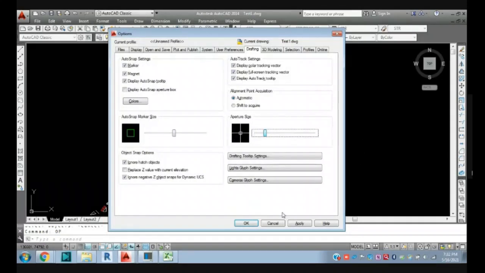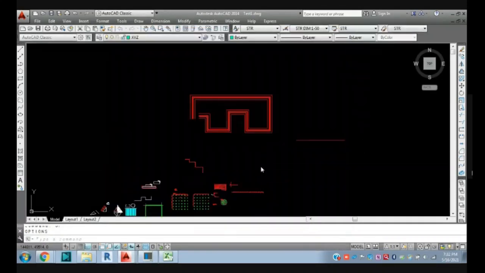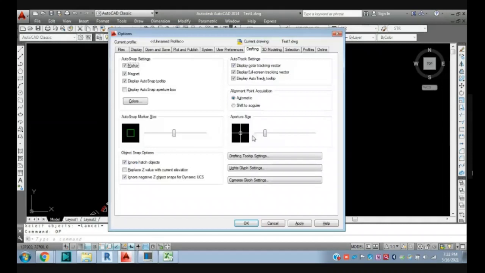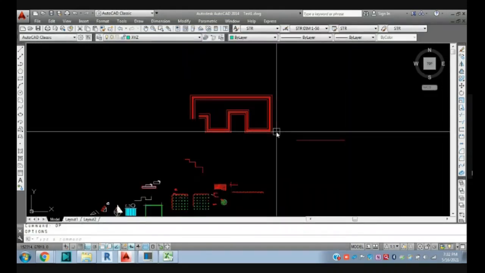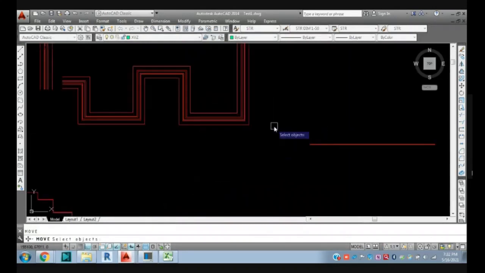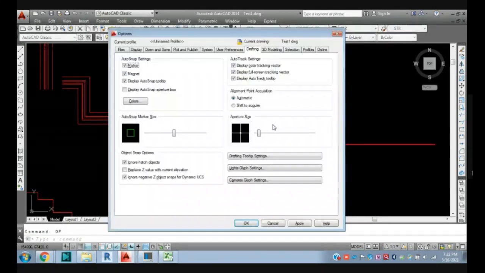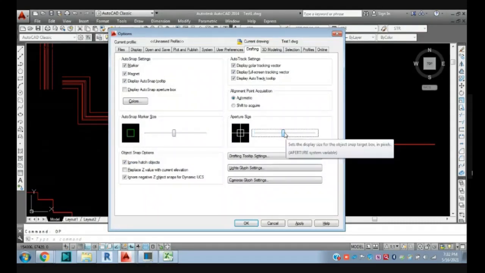If I make it and apply, okay. No, this is a different thing. This is the pick box thing. Can you see this? If I make it smaller, apply, okay, and give the command, you can see this is our pick box. I will let you know how to control the pick box. So what I do, I will make it here: aperture size, display size, object snap target box in pixels.